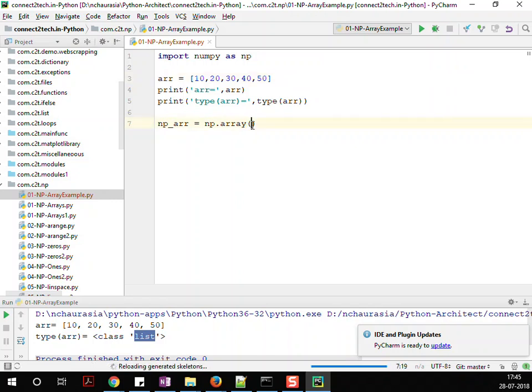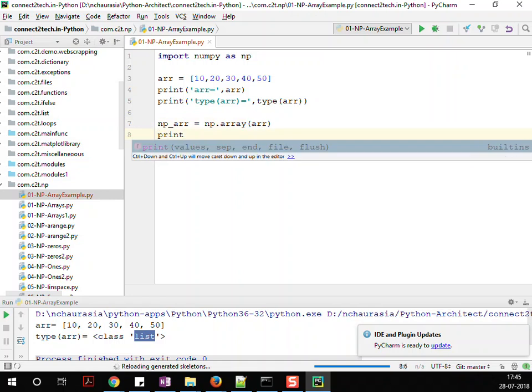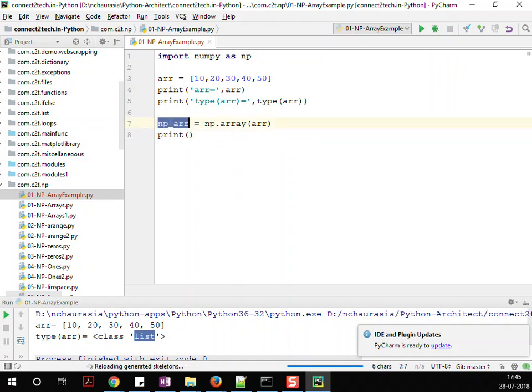I'm using np_arr so that I can understand this is a NumPy array, right? And after that let me print it. So I'll go ahead and print this value, and then I'll also display the type of this particular NumPy array which I have created,